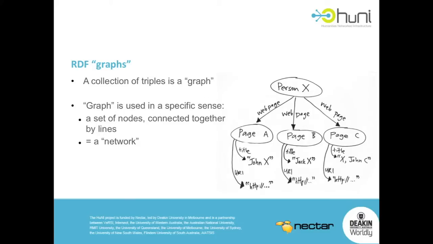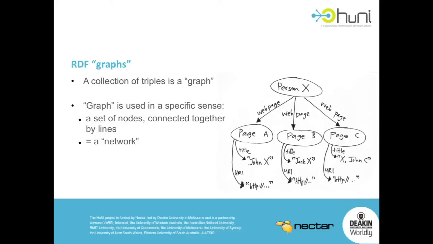And so here's an example of an RDF graph. This is one that I sketched on the side of my fridge, and it's part of the Honey data set, and it's about a person X here, who has these three web pages that are about them. So person X has web page A, has web page B, etc. The web pages have these properties which are literals. So person X and pages A, B, and C are resources, and then these titles and so on are literals.